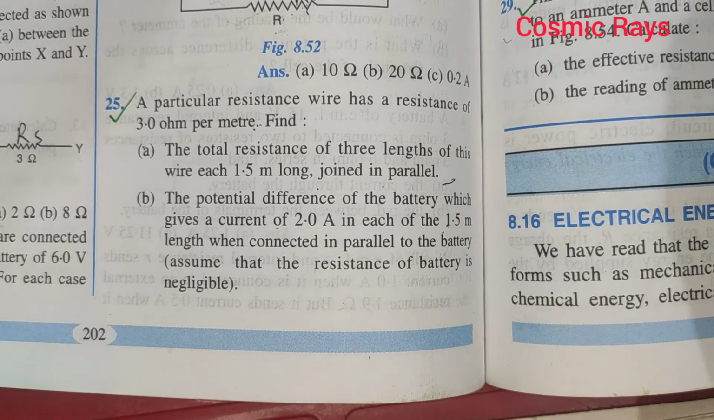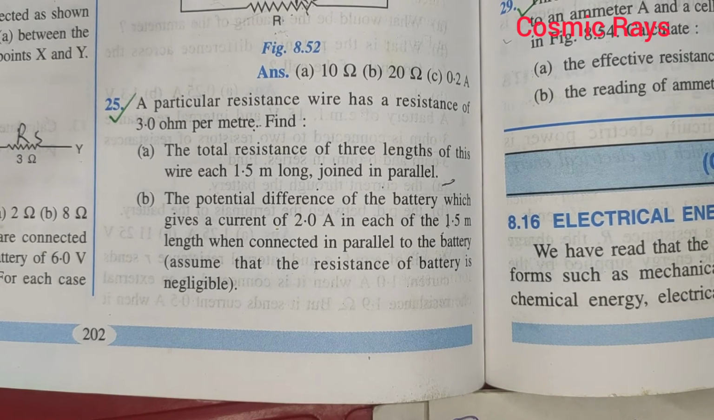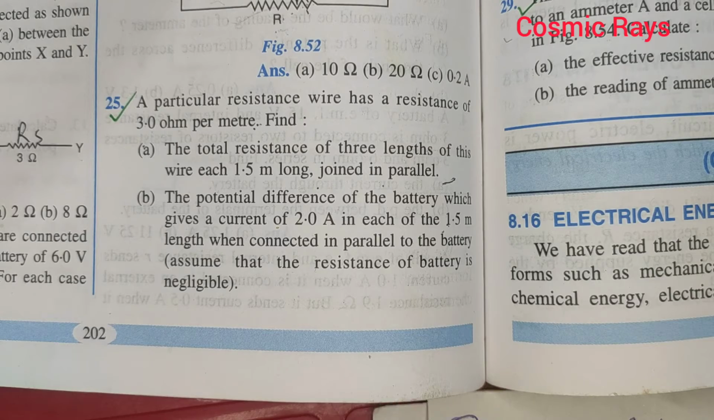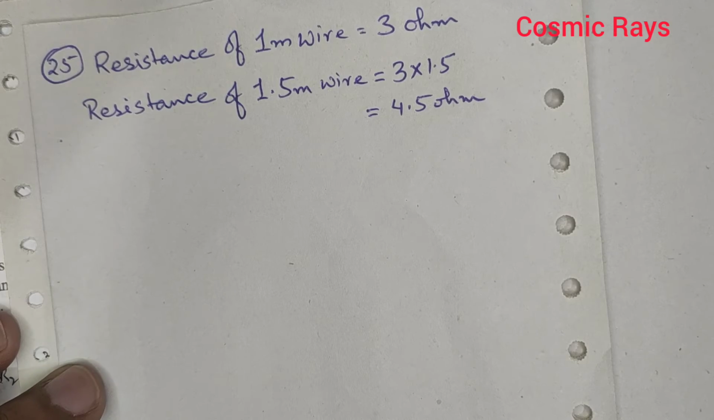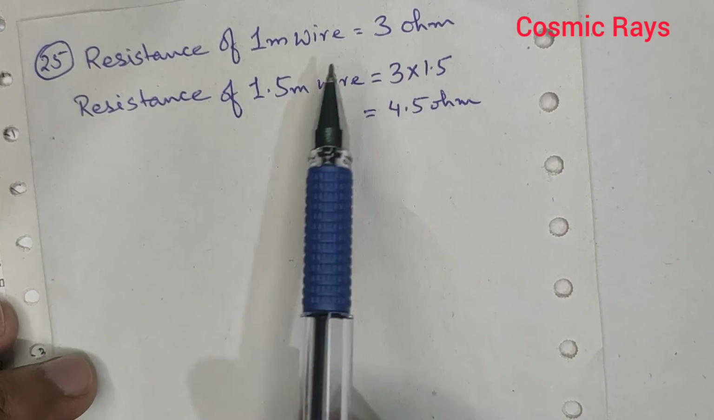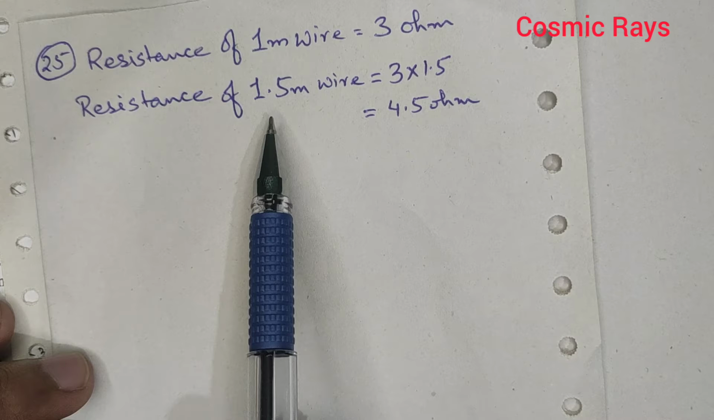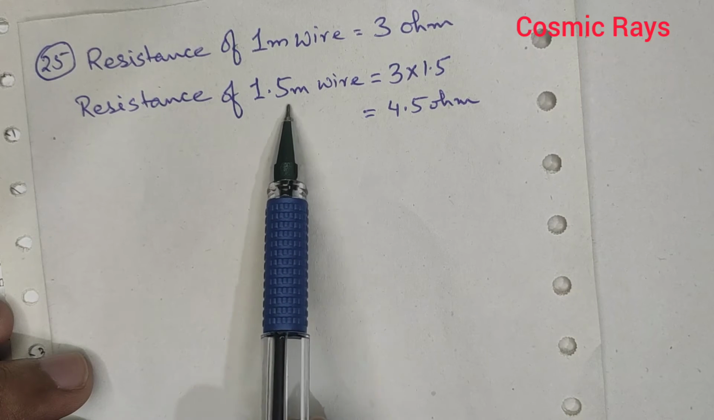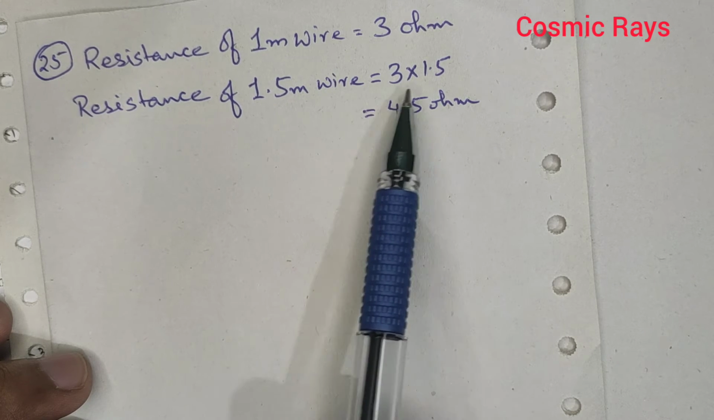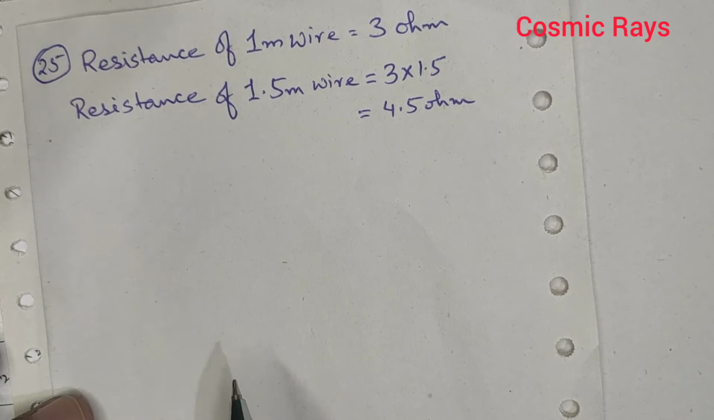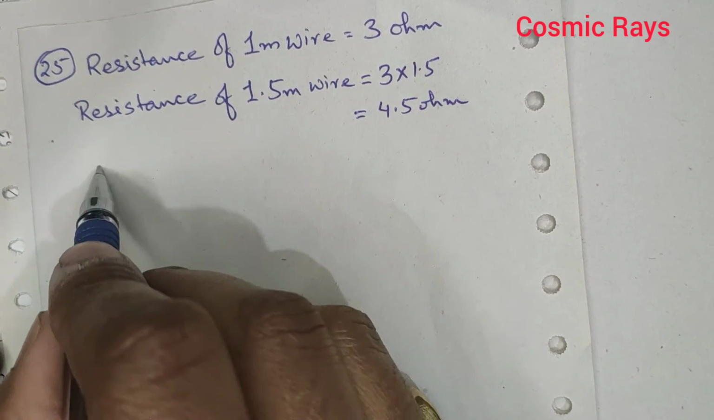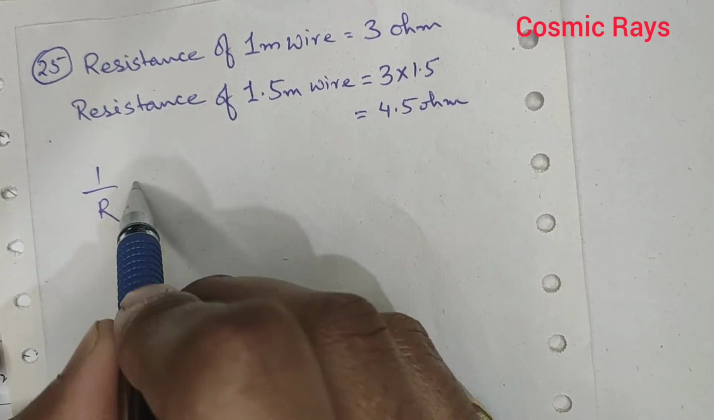Now the third part of the question says the resistance of 5 meter length of the wire of the same material but with twice the area of cross section. Now here what is given is resistance of 1 meter wire is 3 ohms. Now they are saying that there is wire which is 1.5 meter, so the resistance will be 3 into 1.5, that is 4.5 ohm, and we have to calculate the equivalent resistance, that is 1 by R, because it is joined in